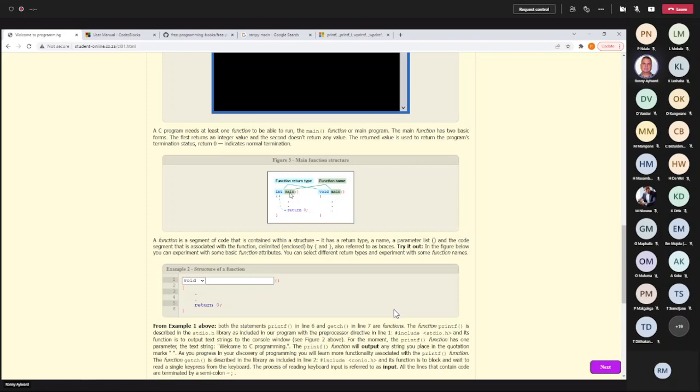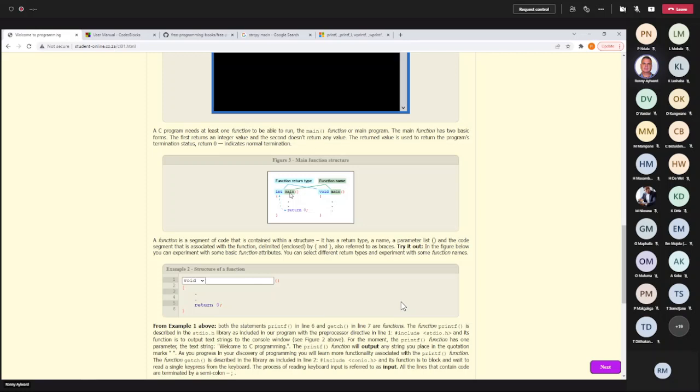Otherwise, the microprocessor doesn't know what to do. So when the compiler sees main, it knows to place this code at a very specific place in memory, so that the microprocessor, when it's instructed to start executing the program, jumps to that memory location and starts to execute the code from that memory location one by one by one by one.